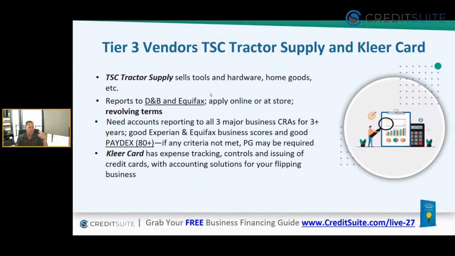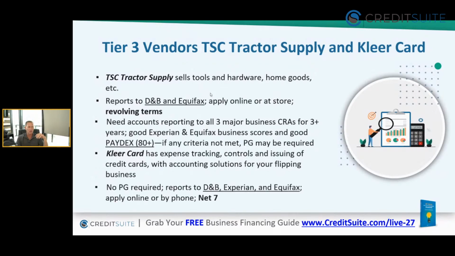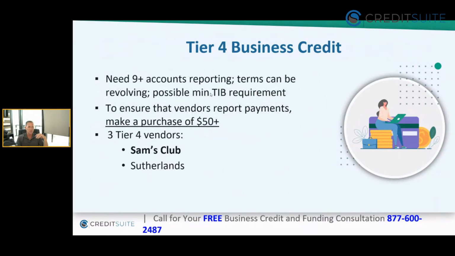So places like Tractor Supply that report to D&B and Equifax, or a Clear Card that reports to all three, for example, you're able to use in this tier. Now, you're also able to use Sam's Club, Sutherland's, Menards. I mean, this is the kind of stuff you're going to use to rehab property, to maintain property. You're able to get all of that in this tier, preferably with 14 accounts total, 14 payment experiences, or